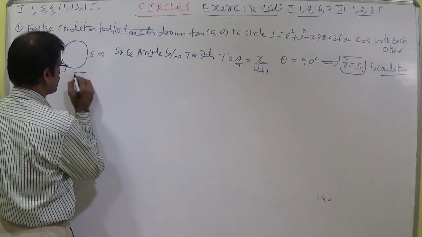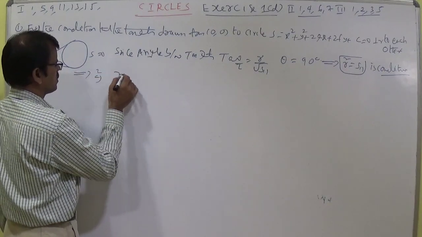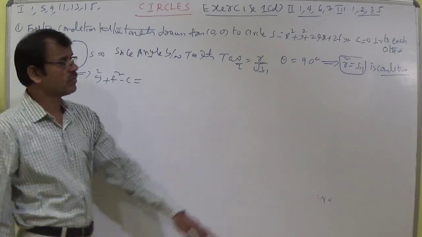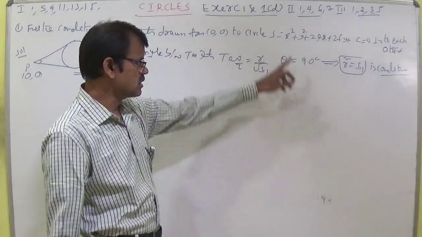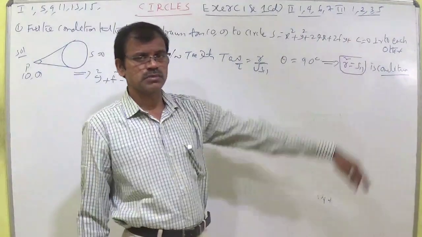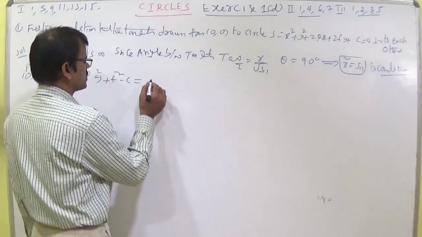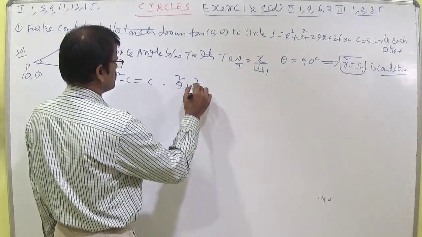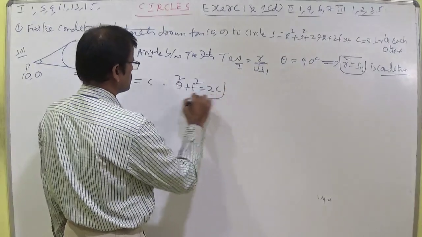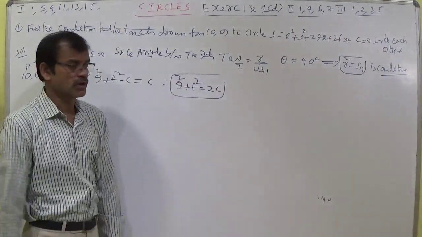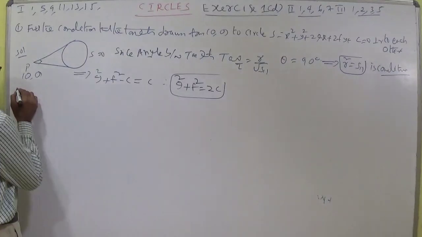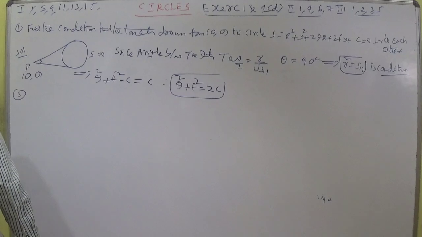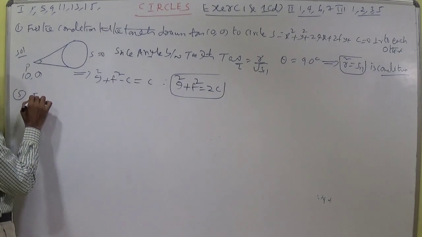So what is r square here? For the general circle, the r square formula is g square plus f square minus c, and s11 is nothing but c, because substituting 0 instead of x and y, it becomes only c. So g square plus f square equal to 2c. This is the level 1 11th bit for objective also. Next, the fifth one. Find the polar of 3, minus 1.